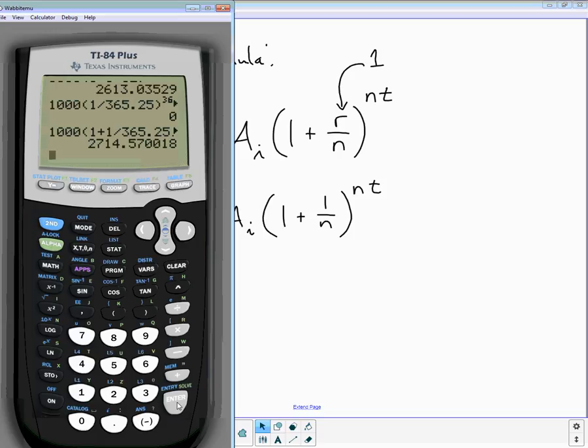But what's happening is that once I give you that money, it gains interest for the next month. You see? So the more I shorten the interval,